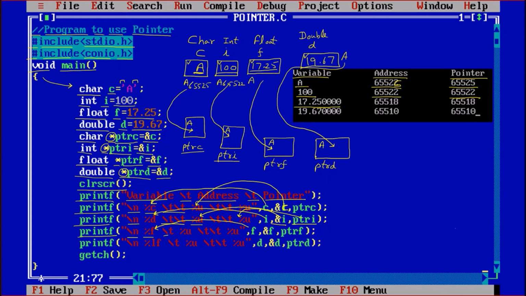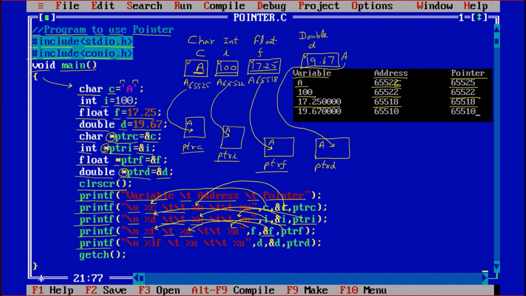Then tab space, %u, so that is taking the address from &f, the address of f, let us suppose that is 65518, so that is displayed, and the same address is stored in the pointer, so the same address comes.